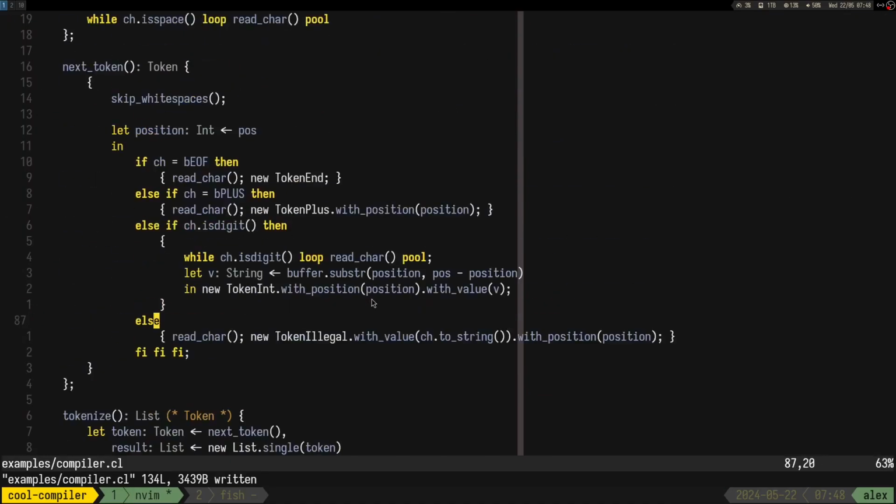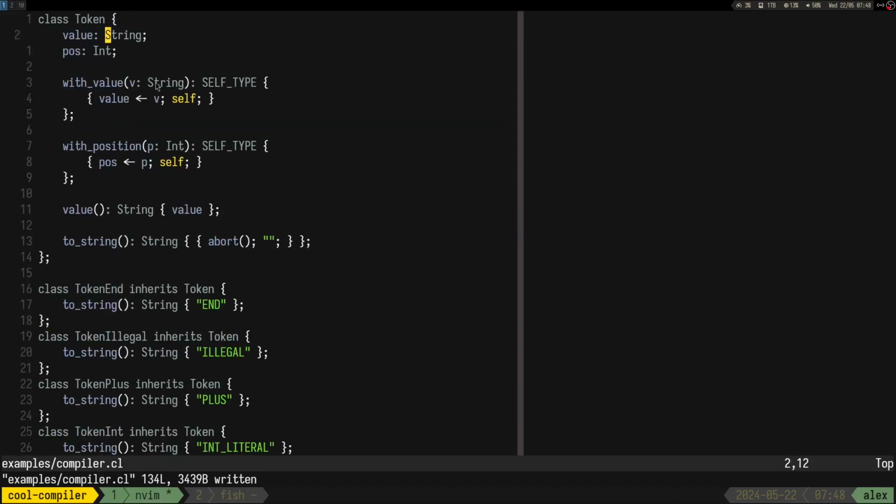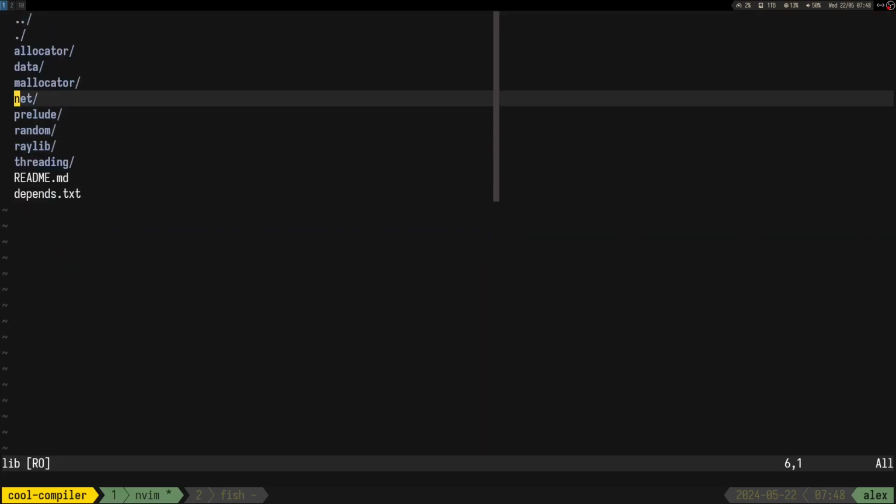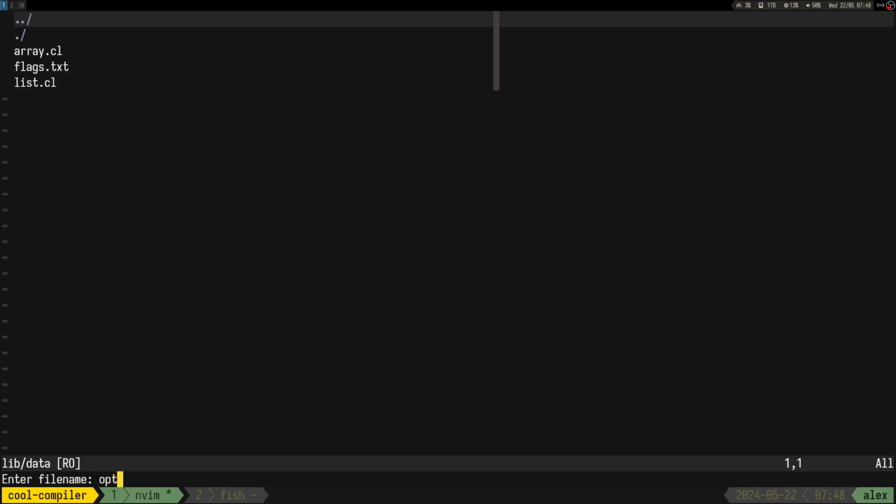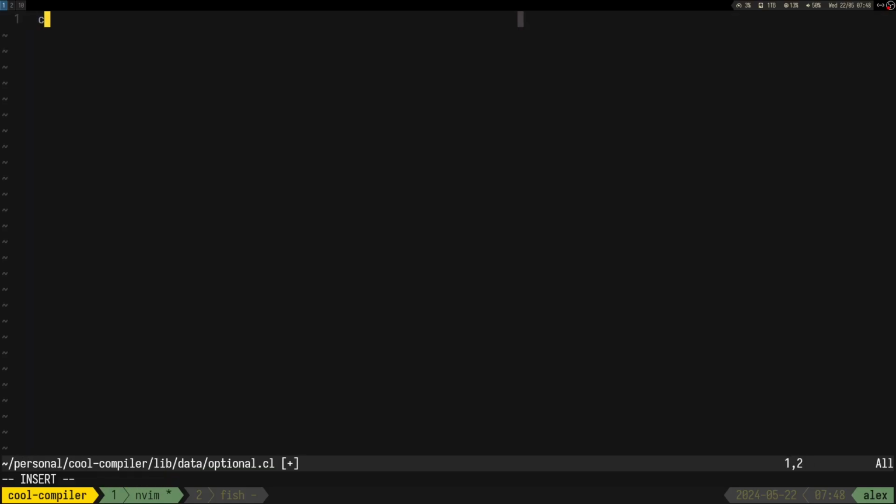That's pretty cool. Yeah, so I was just thinking of adding the optional type, which I think is more of a data structure. So we could do that just for the memes. So data optional. So it's going to be optional, and that's the class. And then we can have class none, which inherits optional, and class some, which inherits optional.